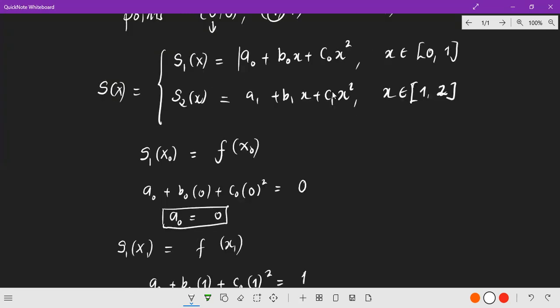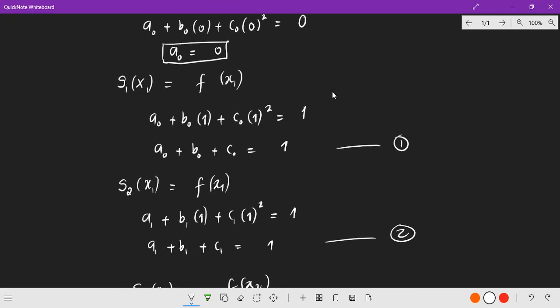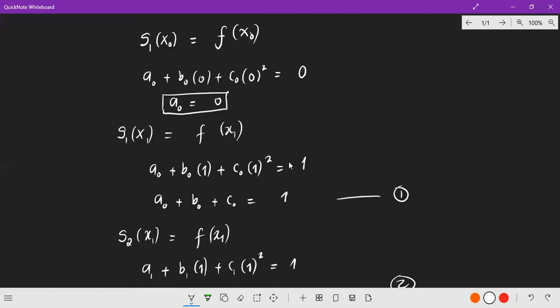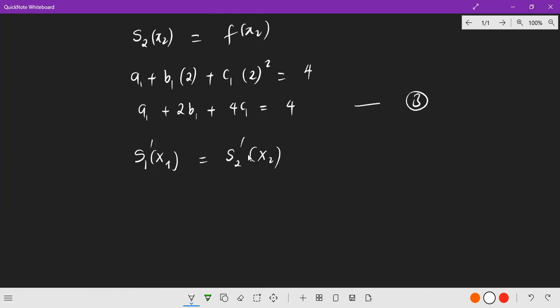So differentiating S1, the derivative of S1 will just be b0 plus 2c0 x, right? Should be equal to the derivative of S2,